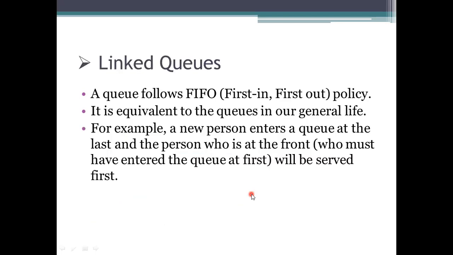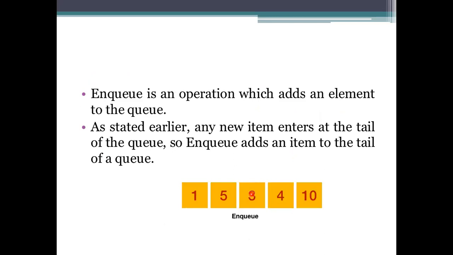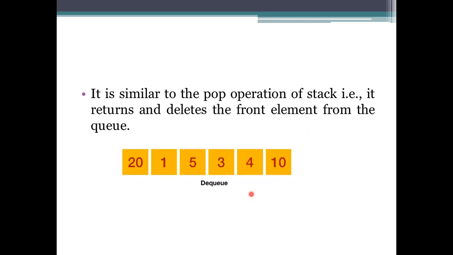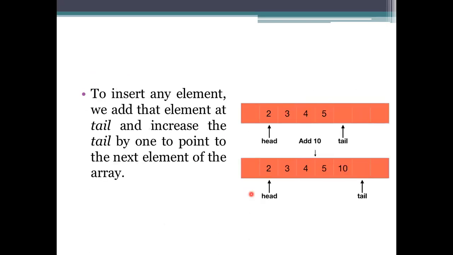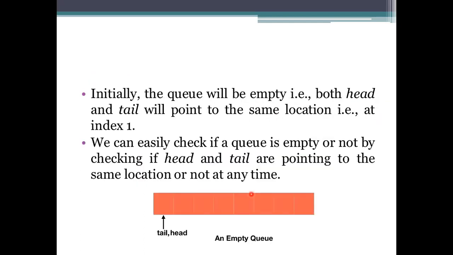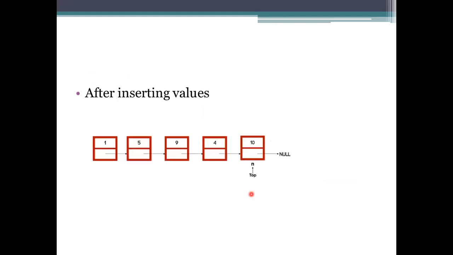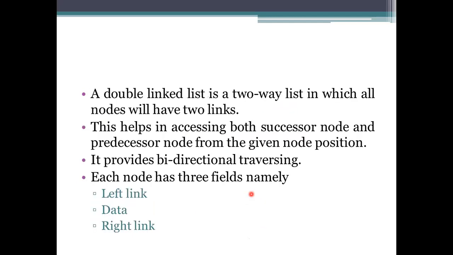As with linked stacks, there are linked queues. The queues we use can be implemented by the linked list here. As you know, in the queue representation, elements are added from one side and deleted from the other side. Using arrays, elements are added from one end to the other end. With a linked list representation, you can add from one end and delete the element from the other end.